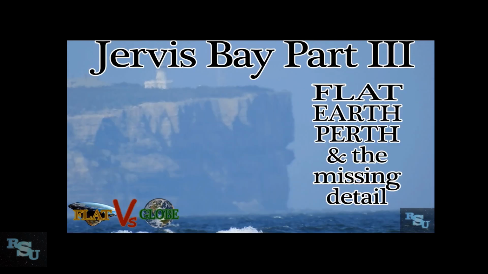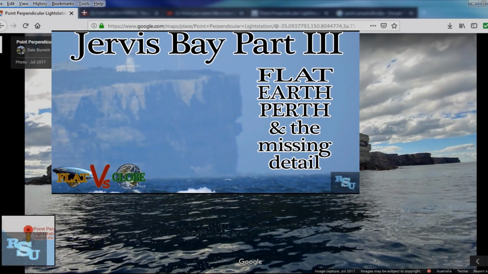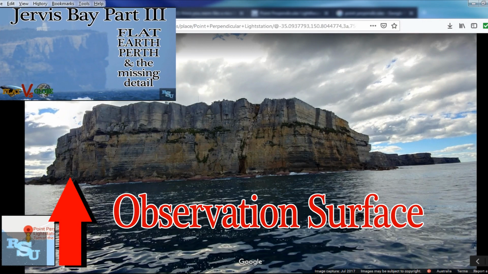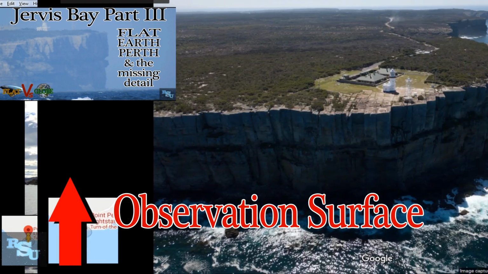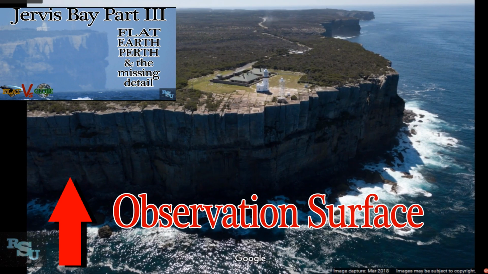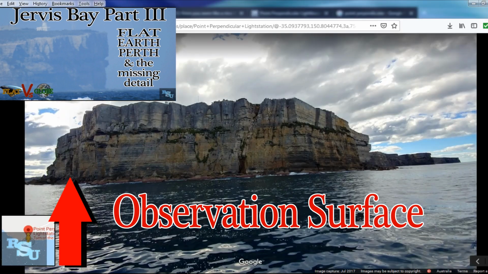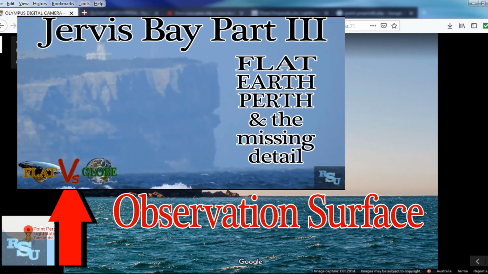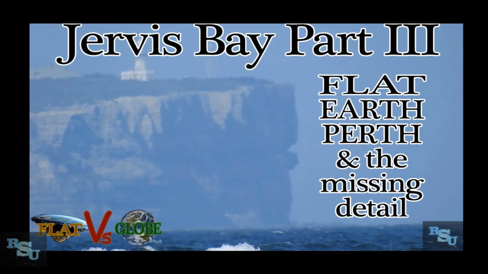Well, I will just quickly point out that the Jervis Bay observation that I did is of an almost vertical cliff face that rises to an almost flat tabletop surface that is way above my highest viewpoint. There is no depth to each of the individual observations. Yet, Flat Earth Perth is claiming that the depth of the land from the shore to the high point is the element that attributes to foreshortening. So with that in mind, can someone then please explain this example without contradicting yourself?